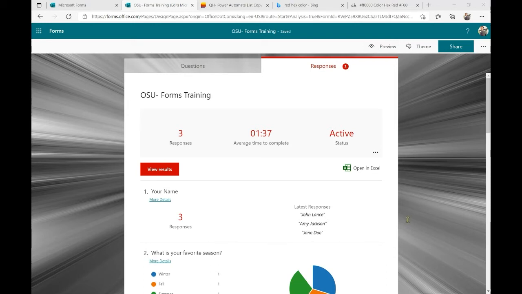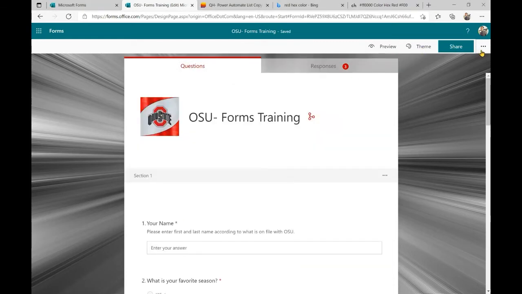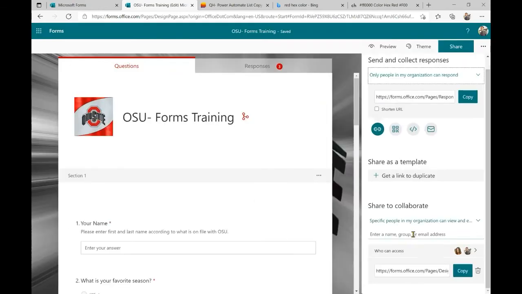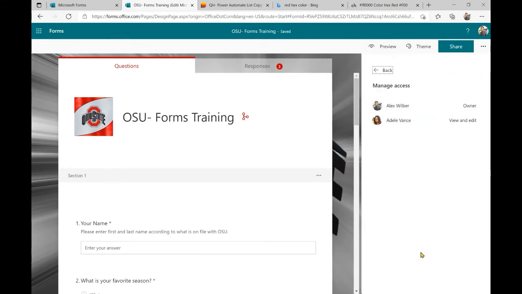Who can see the data? How can you share it with someone? Like I went over a second ago, you're the owner, so you can only see the data unless you share a collaborative link with someone. When you hit share, where it says share to collaborate, the people that you add here can access this to see the data.